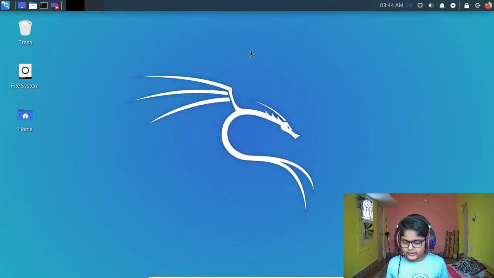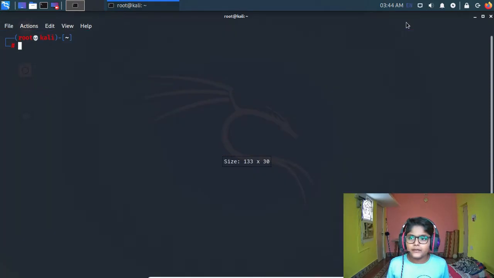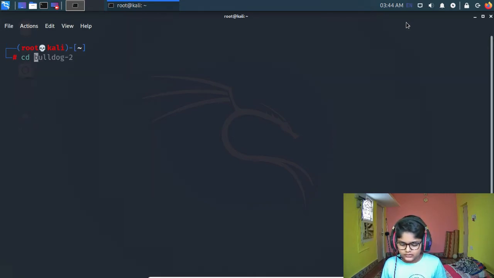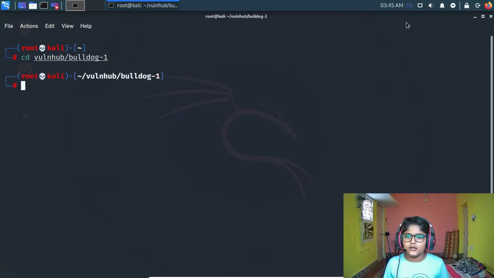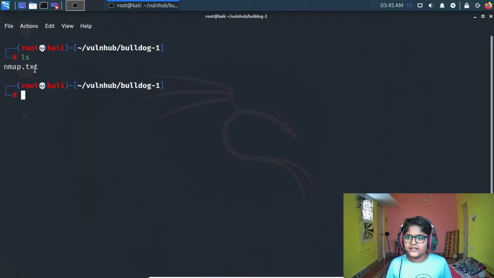Let me close it up and just go to the terminal, and let me zoom in a bit. So ls and cd into the Vulnhub Bulldog 1 folder, clear, and ls. I have the nmap results over here.